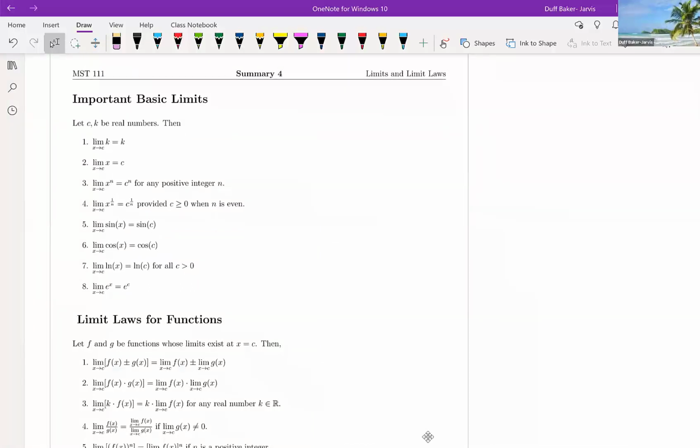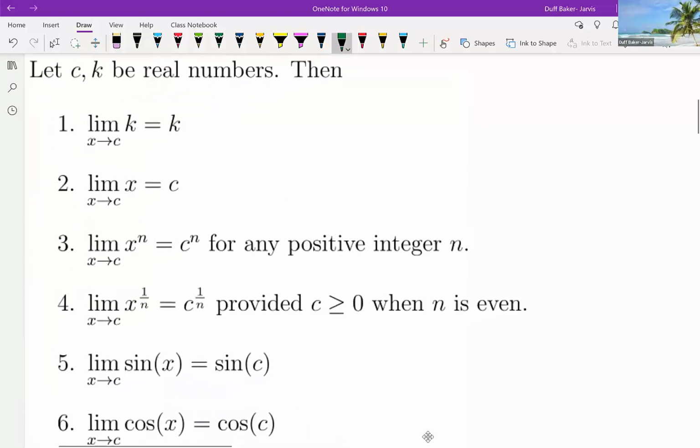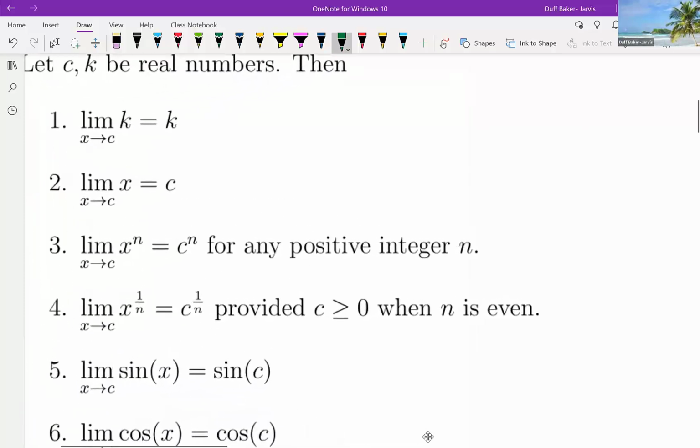So this first part here, 1 through 8 here, these are what I call the basic limits. So these are limits that you'll just sort of take for granted. So what does the first one say? So if I look at number 1, this is saying